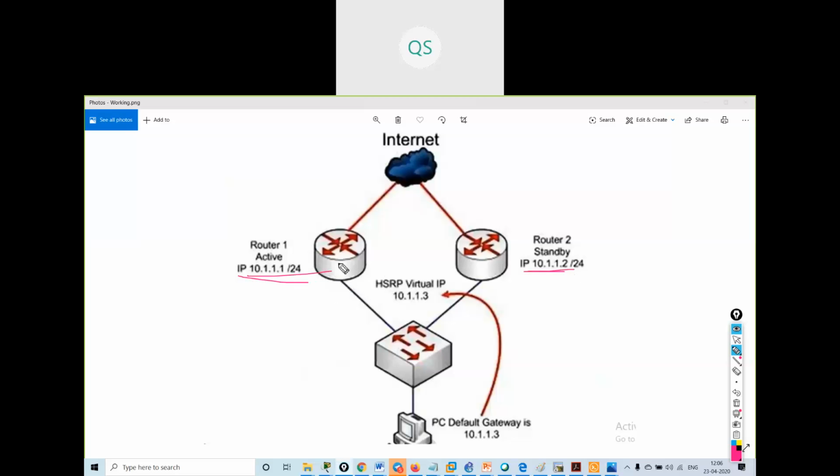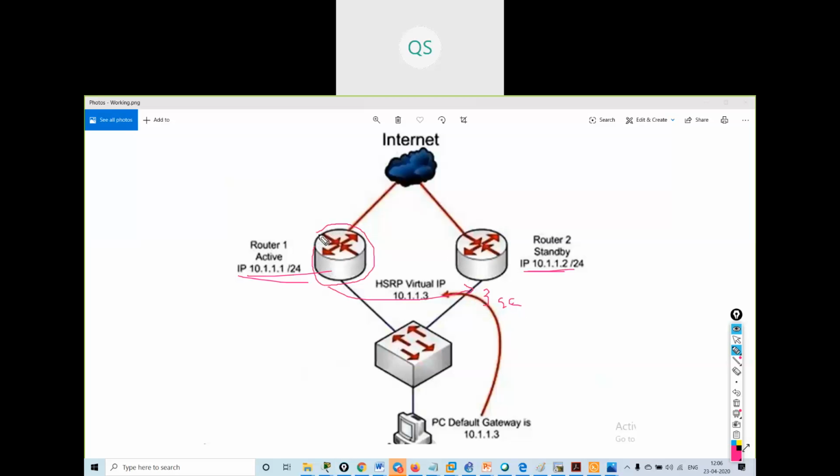What will these two routers do? They will send hello messages. This one will send a hello message every 3 seconds, and the other router will come to know with the hello messages that this router is up.